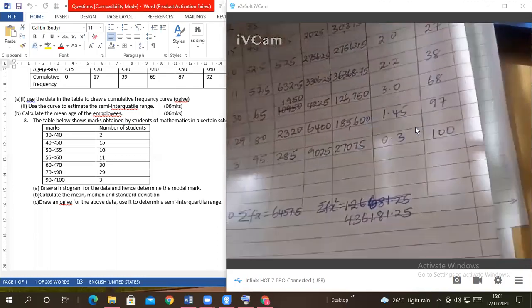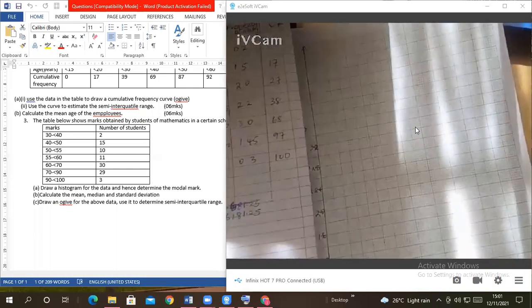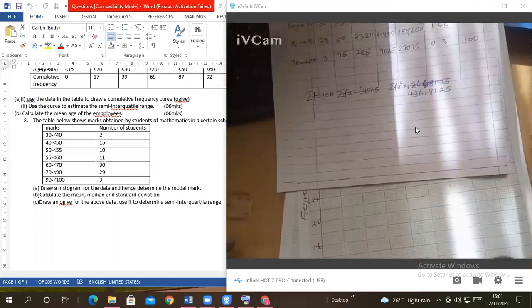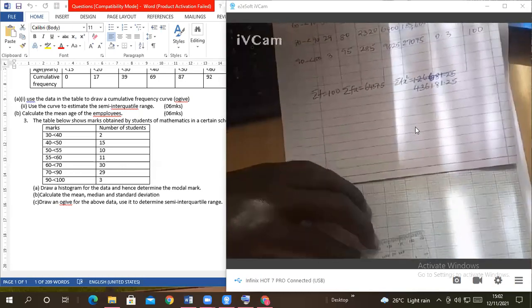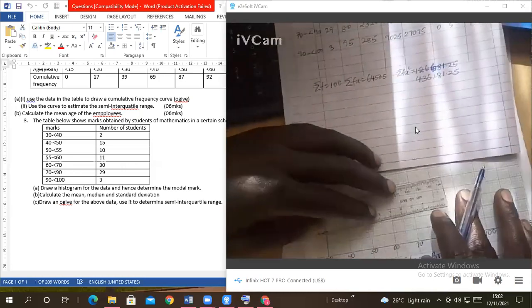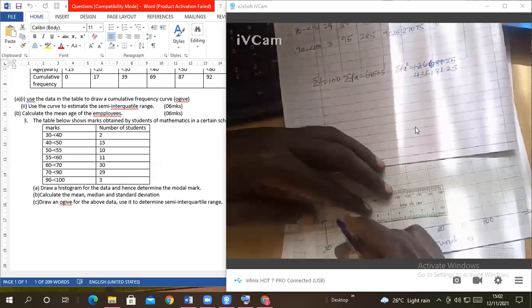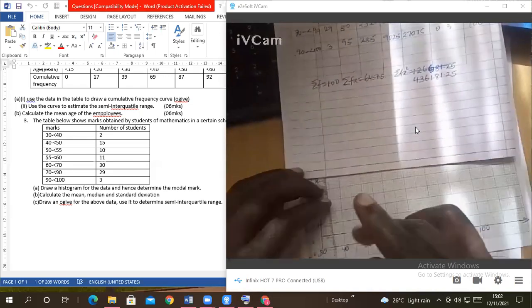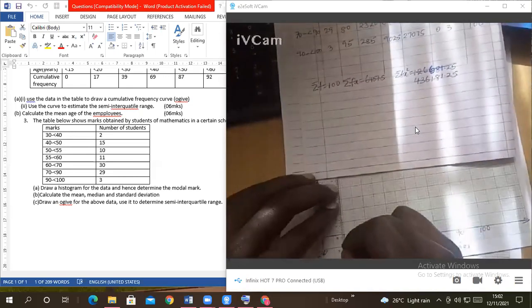Yes. Okay. So we are now going to start plotting. The first one plots 0.2 against 40. So 0.2 is right here, plots against 40. And the class width is 10. So because the class width is 10,